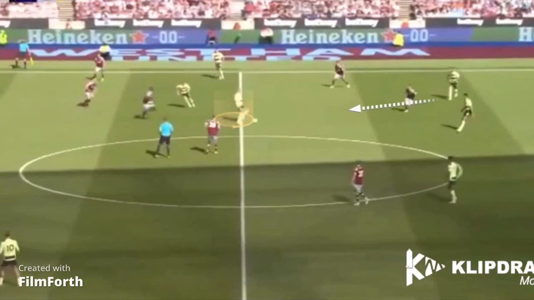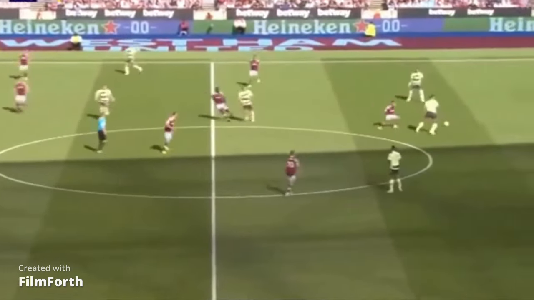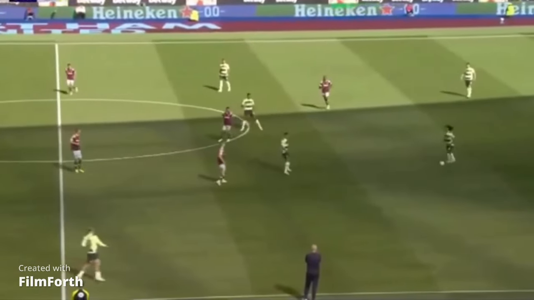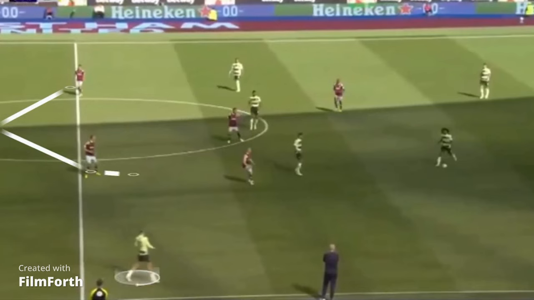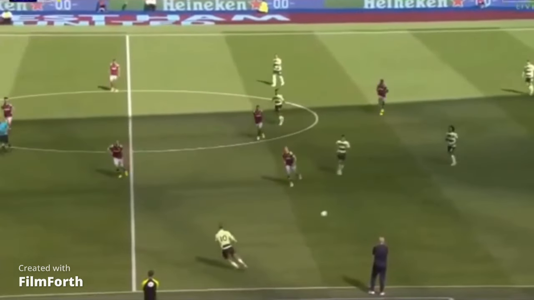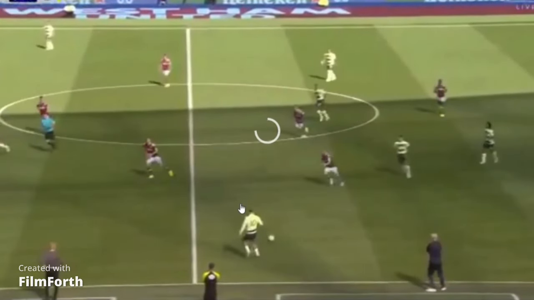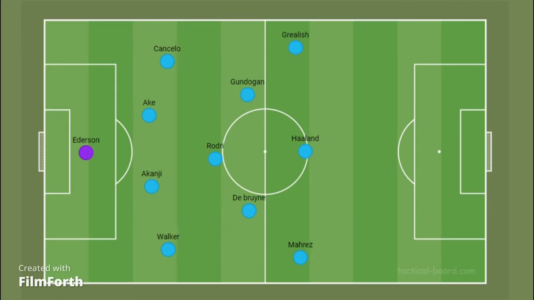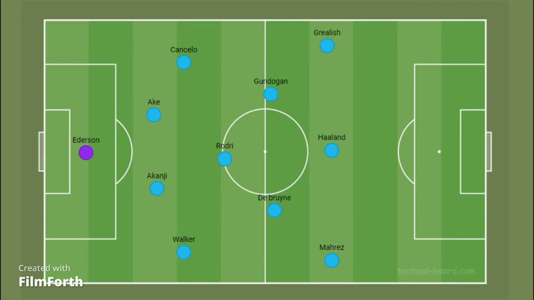And Rodri together with Cancelo are building up play for Manchester City from the back, with two centre-backs, Nathan Aké and Rúben Dias, playing as two single pivot center backs. But the central overload that was created by teams limited Manchester City's ball progression and therefore they decided to go down the wide channels. During the first half of the season, Manchester City lined up with their usual 4-3-3